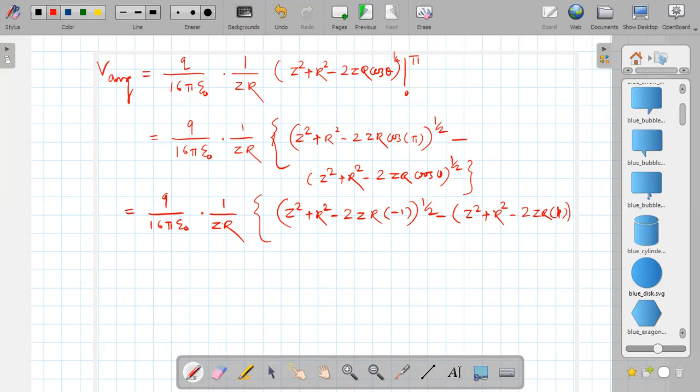Okay, 1 raised to half, bracket complete. Okay, and therefore q upon 16 pi epsilon 0 into 1 upon zr,